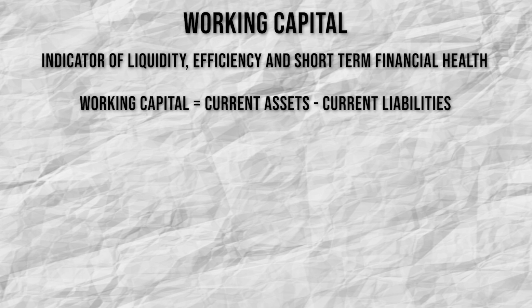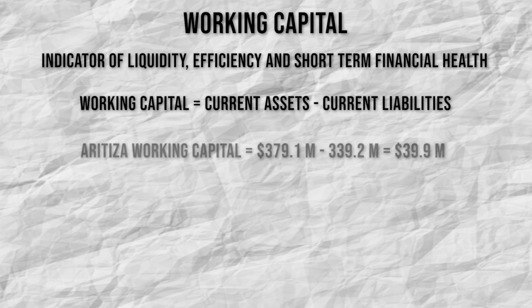If you remember, current assets are assets that can be converted to cash within the next 12 months. And current liabilities are money owed within the next 12 months. So if you compare these two, you can get the financial health of the company over the next 12 months. So to calculate working capital, all you do is take the total current assets, which in Aritzia's case would be